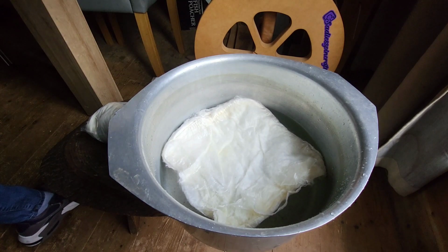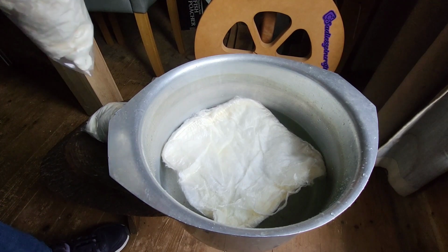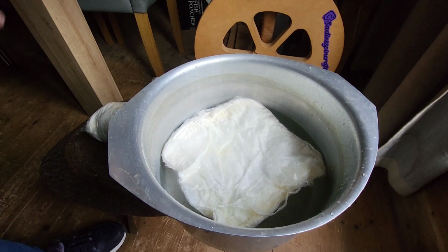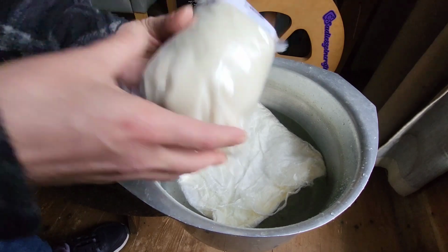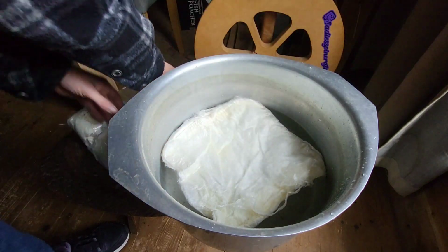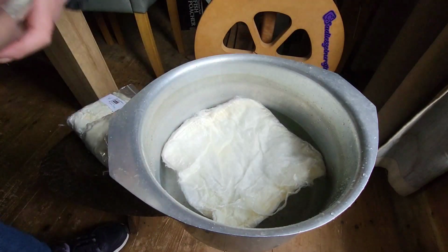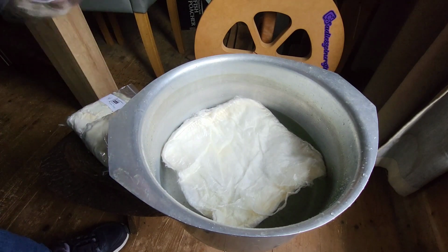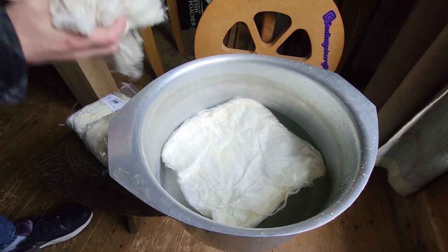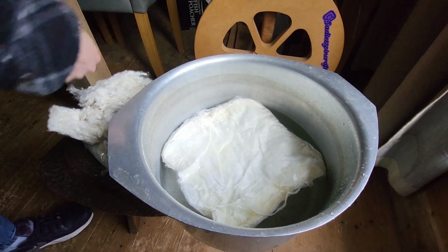So this silk needs to soak, and I'm going to leave it for about 24 hours. We will be dyeing at the same time some superwash superfine merino and some silk NOILs. So I'm going to add some silk NOILs into this. And I do believe silk NOILs